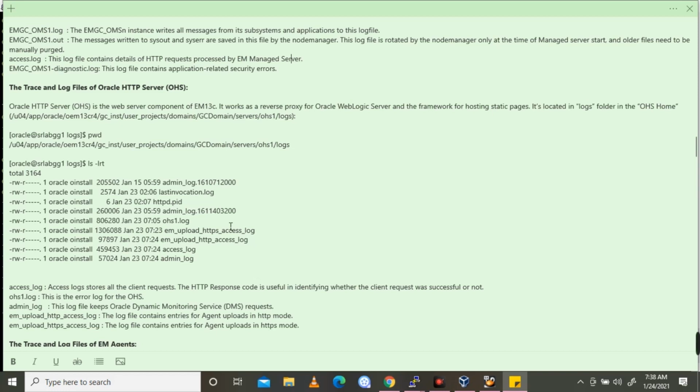Next, the trace and the log files of the Oracle HTTP Server (OHS). Oracle HTTP Server is the web server component of EM13c. It works as a reverse proxy for Oracle WebLogic Server and the framework for hosting static pages. It's located in the logs folder in the OHS home.